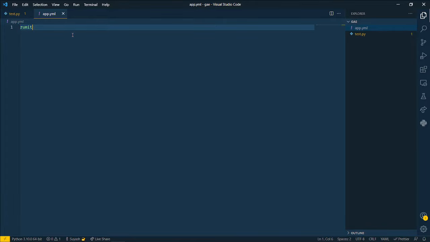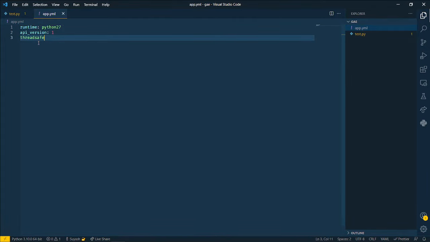So first we'll tell which particular runtime you need to use. Let's say it is Python 2.7, whichever runtime you are using, you need to mention that first, and then after that the API version used by the SDK, which is one. For this you need to refer to the Google Docs.